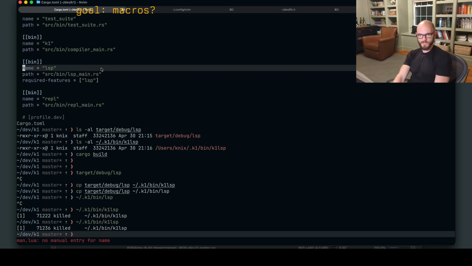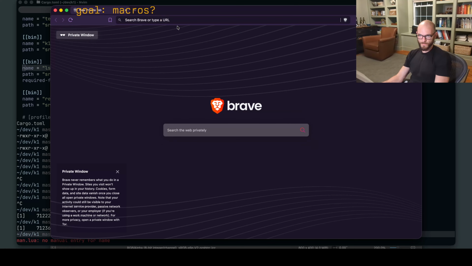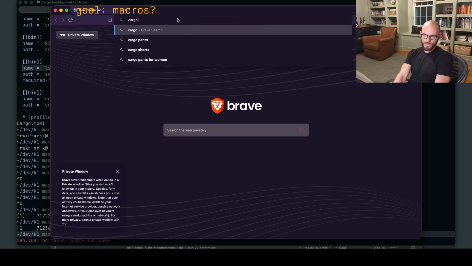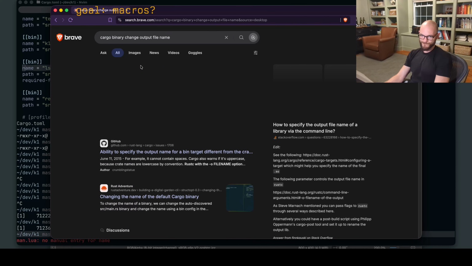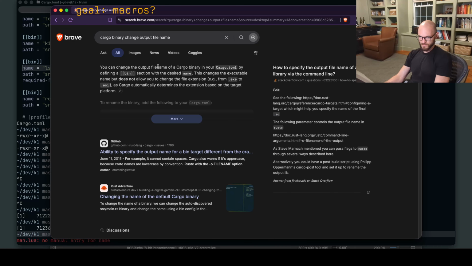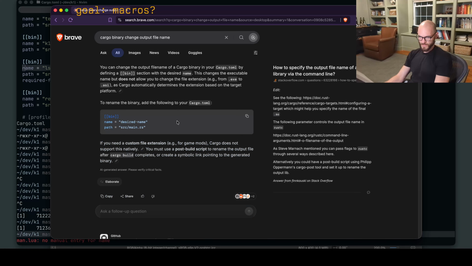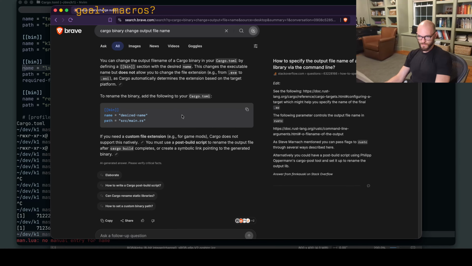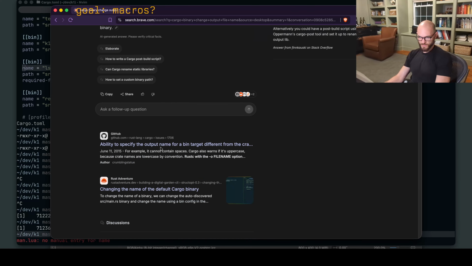Can I rename this? Cargo binary change output file name. I don't care about that. That's the actual name, but I don't want to have to refer to it as K1LSP.